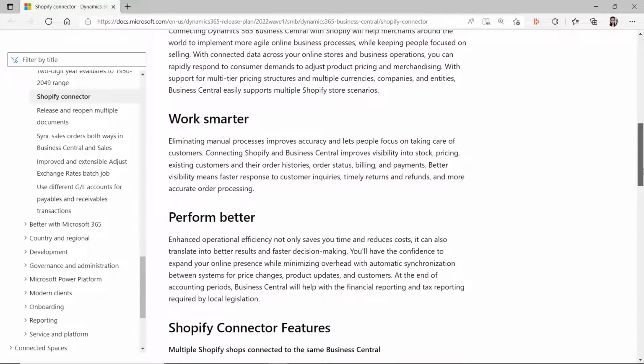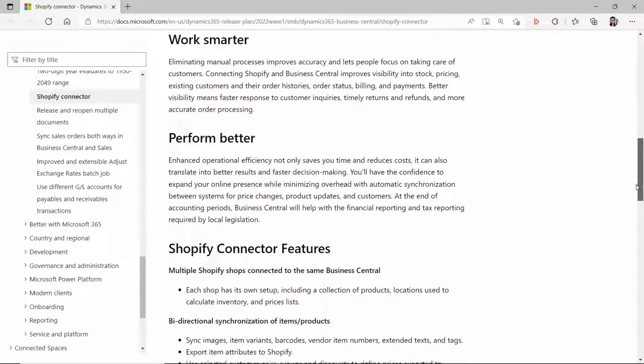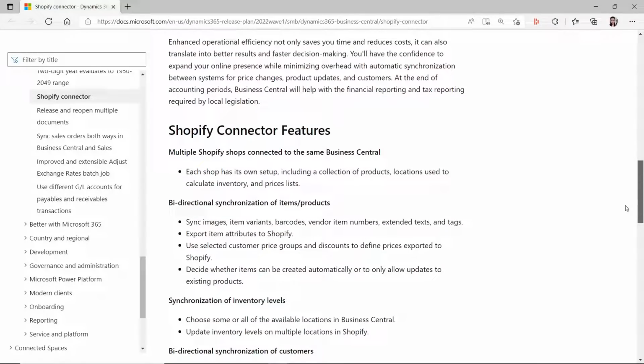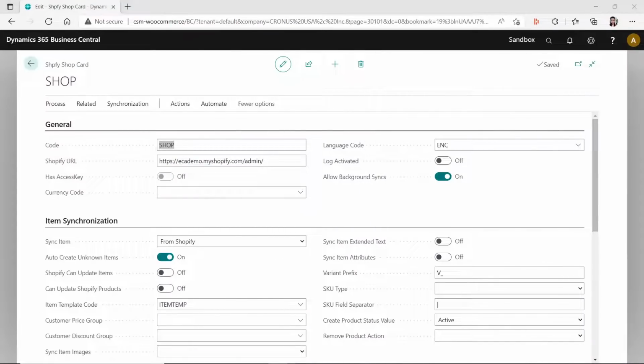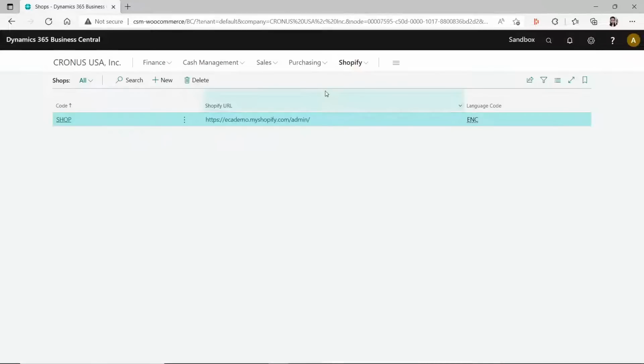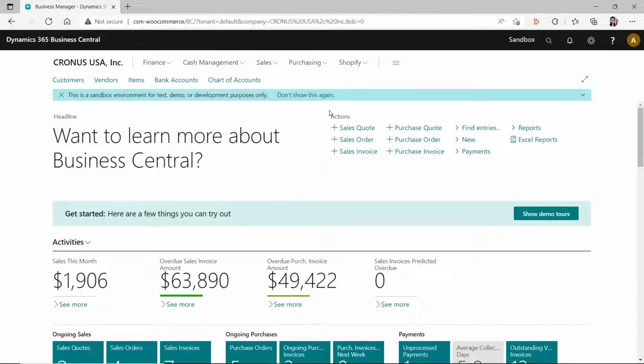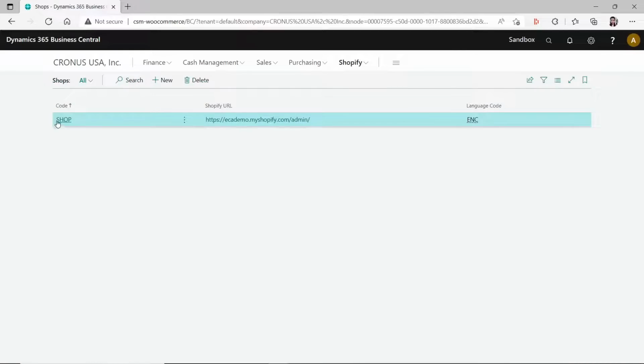Some people who watch my YouTube channel recently asked if this Microsoft Shopify connector is available, because the information on the release site seems to say it's coming soon, and that it's included in this release. But actually it's not in release wave 1, it's in release wave 2. That's why in my Business Central version 21, we can see this tab. But if you open your Docker container for Business Central version 20, you will not see this tab at all. And this still doesn't work well because we do not have